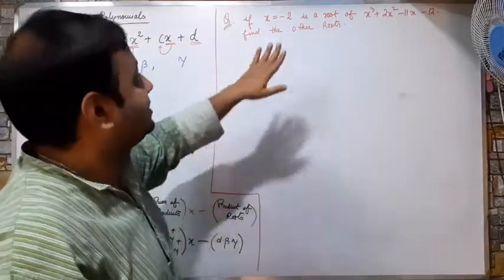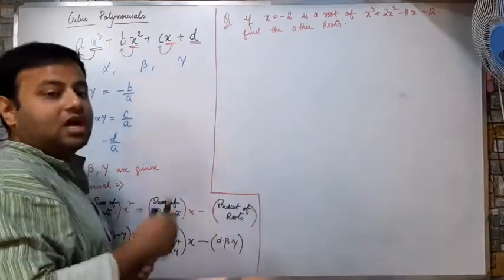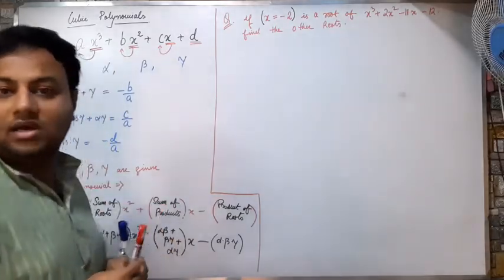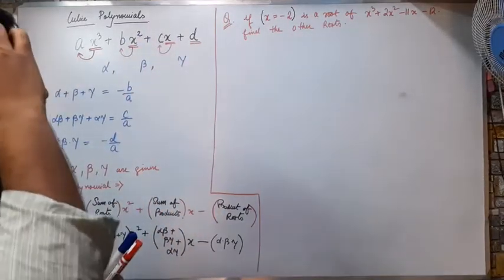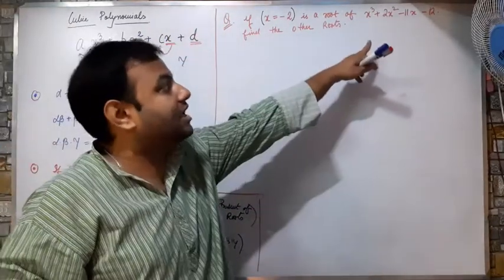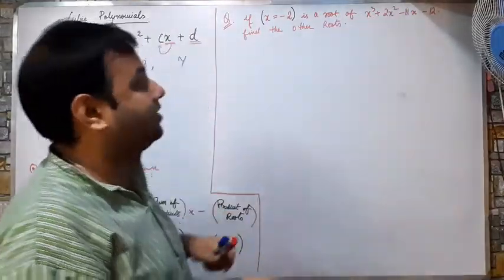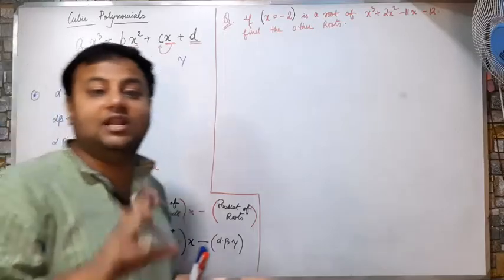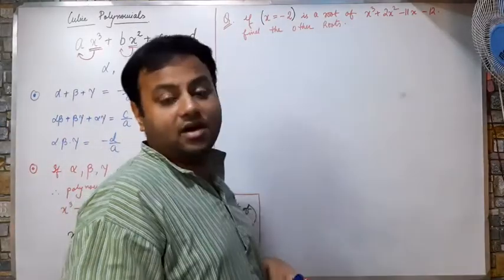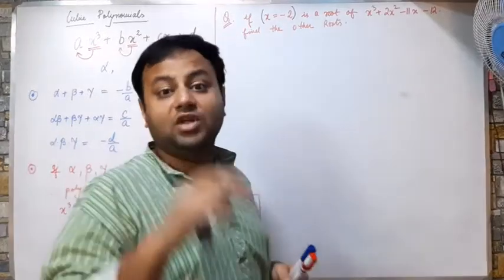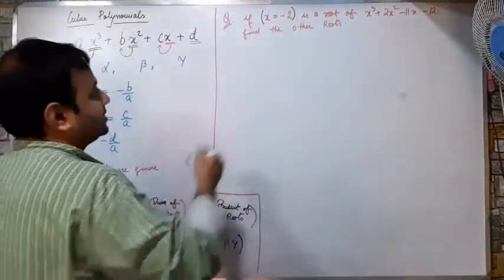तो क्या दिया हुआ है सर, x इक्वल्स टू माइनस 2. एक रूट दिया हुआ है कि x का वैल्यू माइनस 2 है. x equals to minus 2 is given, is one of the roots of the given equation. नाउ ये पॉलिनोमियल तो क्यूबिक है बिकॉज x क्यूब इज गिवन. तो क्यूबिक पॉलिनोमियल विल हैव 3 रूट्स. यहां सिर्फ एक रूट दिया हुआ है. सो फाइंड द अदर रूट. तुमको 2 रूट या 2 जीरोस और निकालने हैं. कैसे? यू विल टेक लाइक दिस.